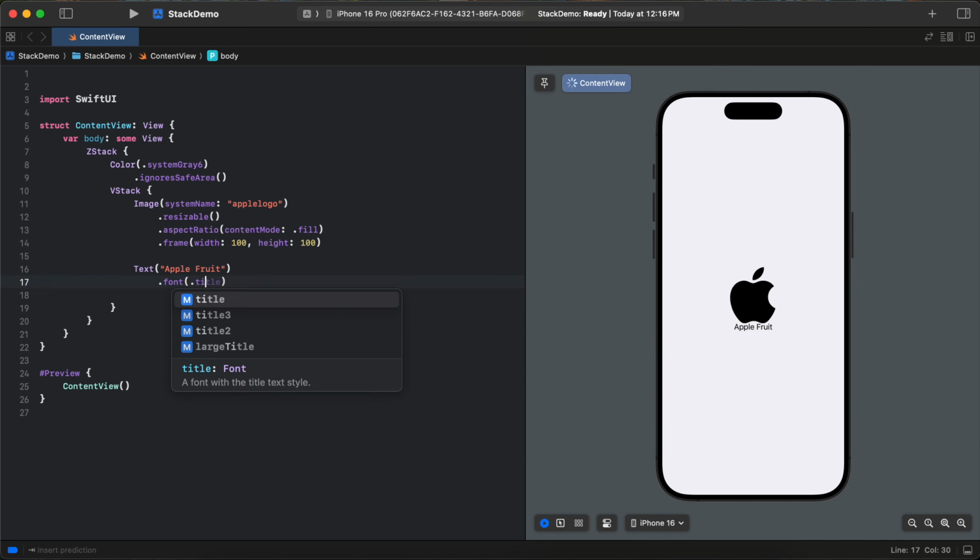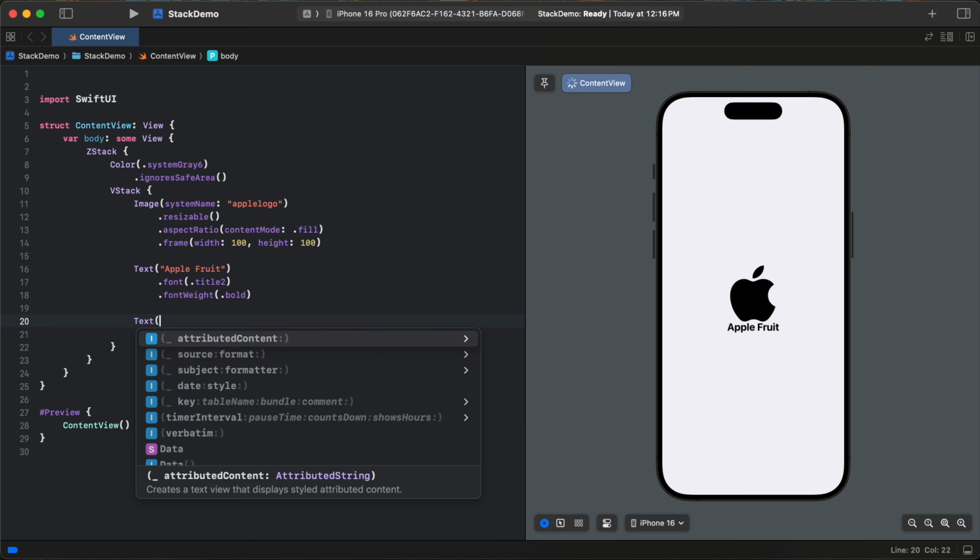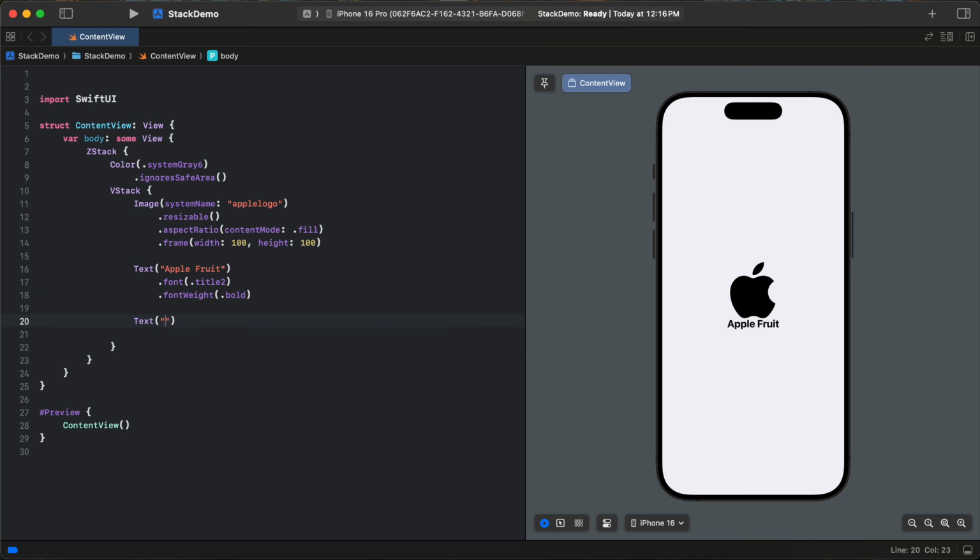so that will be like title case, any title you can give. Okay, I'm going to give a font weight. So let's say it will be bold. Now it looks better. Let's add one more text to make it better. And I am going to add some description thing, healthy and delicious